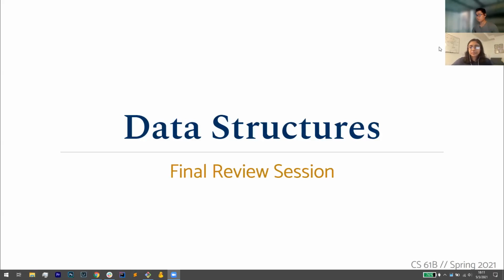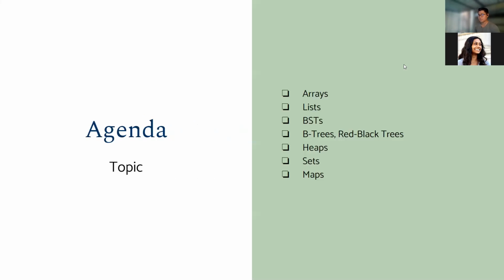Hey, welcome everyone to our final review session where we're going to be going over data structures. For today's agenda, we're going to go over arrays, lists, BSTs, and then we're going to jump into B-trees or left-leaning red-black trees, heaps, sets, and maps. All right, so let's take this away